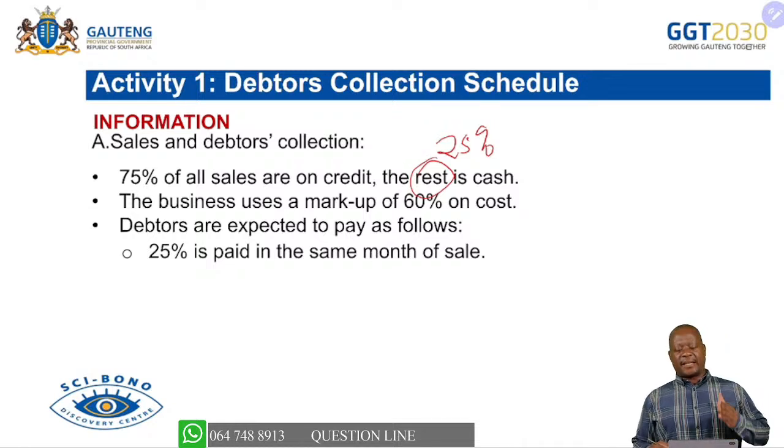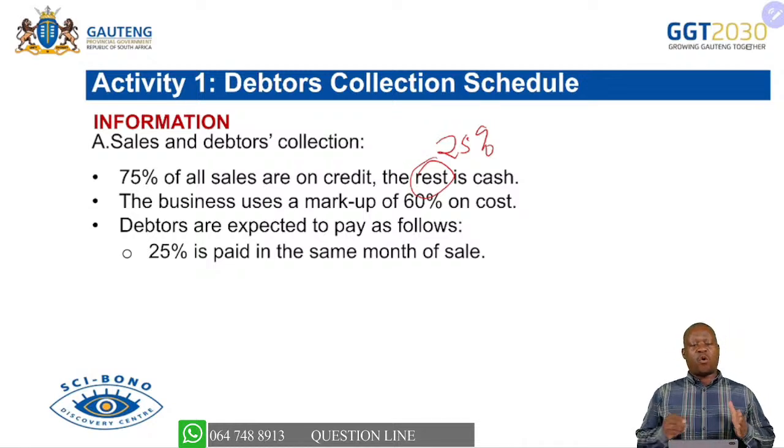We have learned that 25% of our debtors is paid in the same month of sale. So it means you sell in January, you are only going to expect 25% of that amount in the month of January, which means